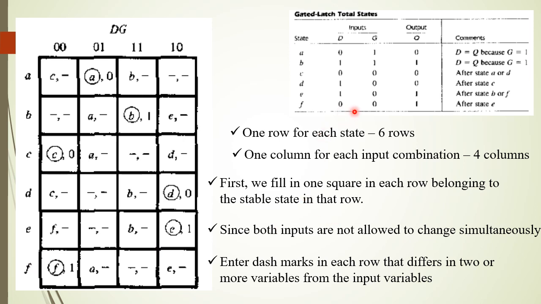Likewise, 0, 0. F state is 0, 0 with the output 1. So F can make a transition from 0, 0 to 0, 1 or it can change to 1, 0. So 0, 1 is state A and 1, 0 is state E. So we enter state A in the column 0, 1 and in the column 1, 0 we enter the state E. So likewise we will fill up this primitive flow table. Why we call it as primitive flow table? Because it has only one stable state in each row. So that is why it is called as a primitive flow table.